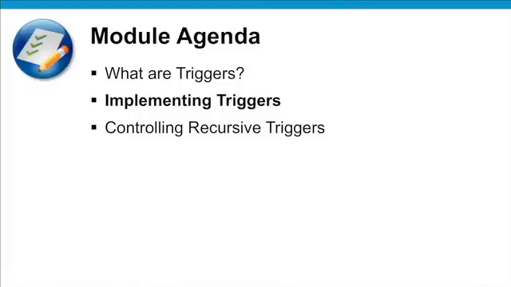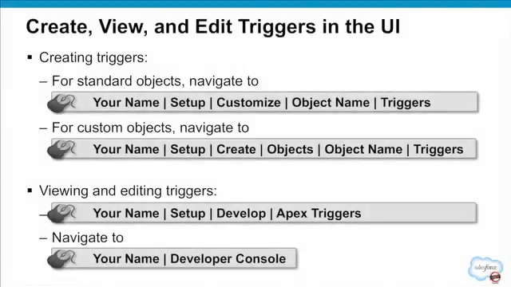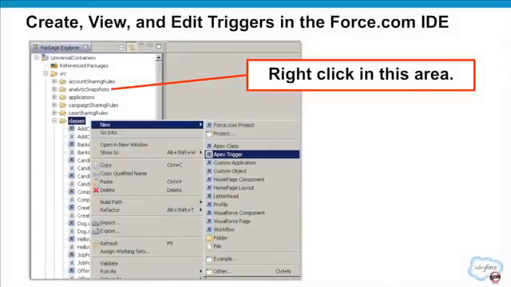So let's go into the details of creating these triggers. Well, there's a lot of different places where you can create triggers within our tooling. So there's the setup menu, there's the Force.com IDE. So there's a number of places where you can create them or edit them. Here we are taking a look at a screenshot, simply right-clicking anywhere within our project and then selecting New Apex